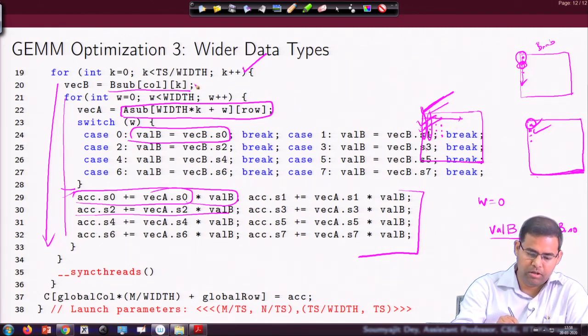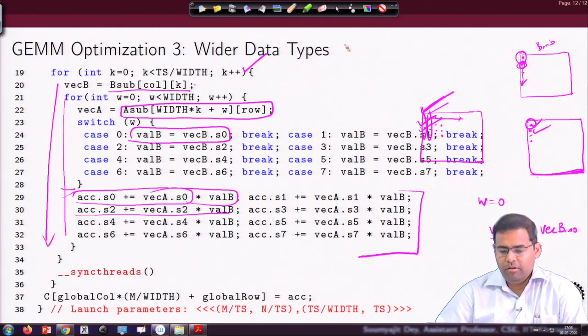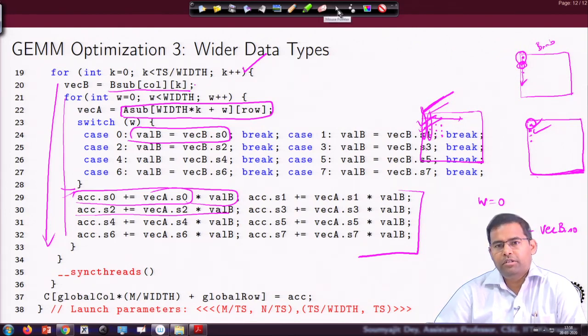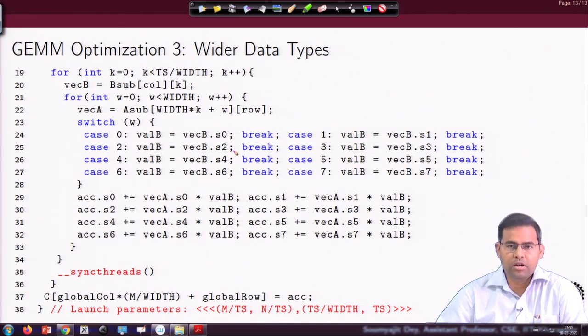So I load vec b once, I load vk multiple times, the number of times that is required to fully compute the final entries, and in each case I select the suitable component from vec b and multiply with all the components of vk, and that is how it progresses. So as you can see, this is just a different idea with respect to thread core chaining. Per thread we are doing wider loads, so that I get more data per load, and then that gives me a problem, like the data is all in columns. To use them in a suitable way, I make use of this intelligent loop structure here.